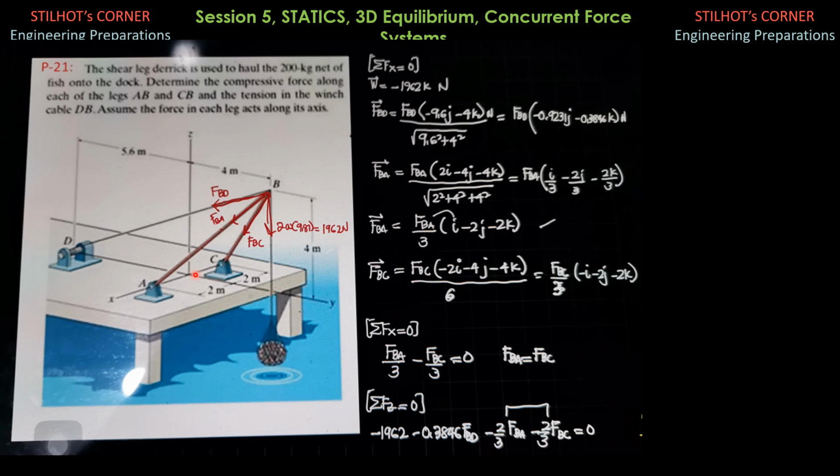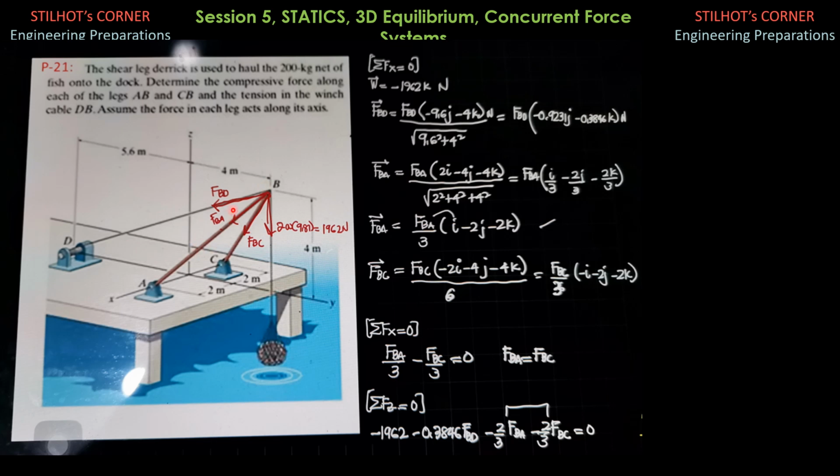So this is 4 meters, that one, 4, then plus 5.6, so 9.6 leftward, or negative 9.6 j along Y. So over square root of 9.6 squared plus 4 squared, so in vector form, FBD is negative 0.9231 j minus 0.3846 k newtons. Then FBA is equal to,